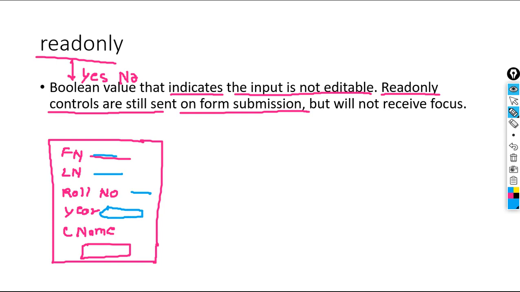And the college name will be the same as it is, it can't be changed because this scholarship form is related to City College only. So the value of college name will be City College, correct? So let's understand this example practically for better understanding.